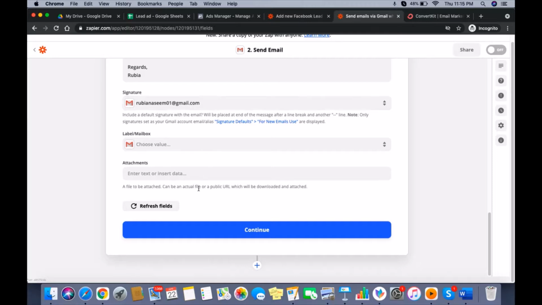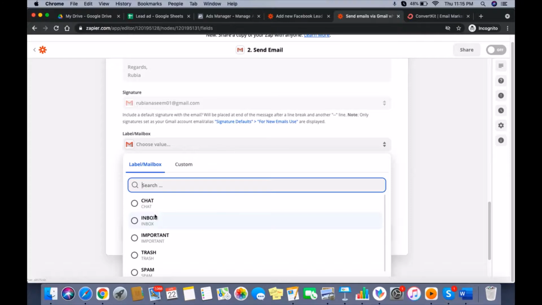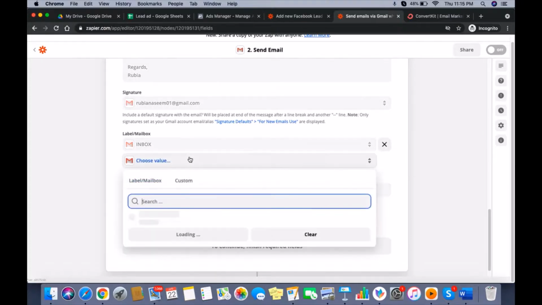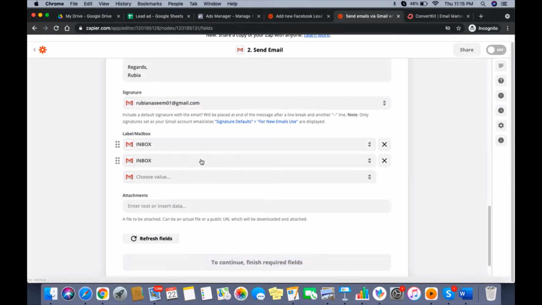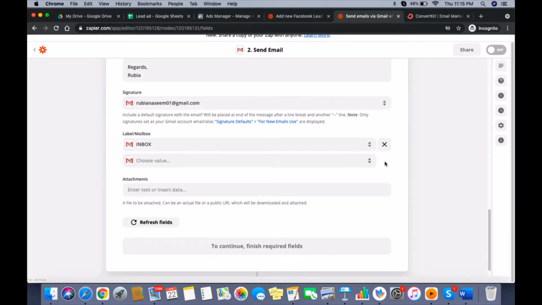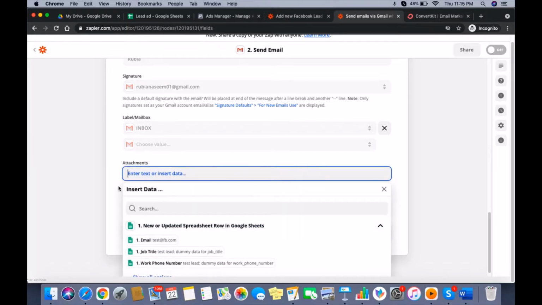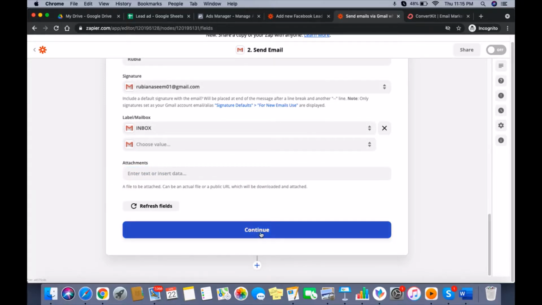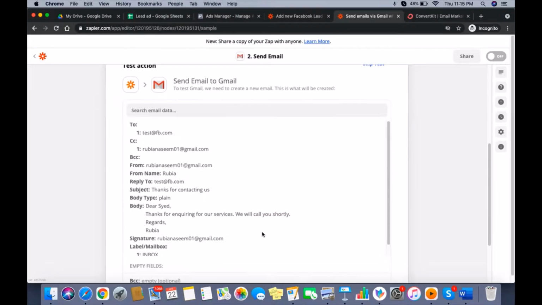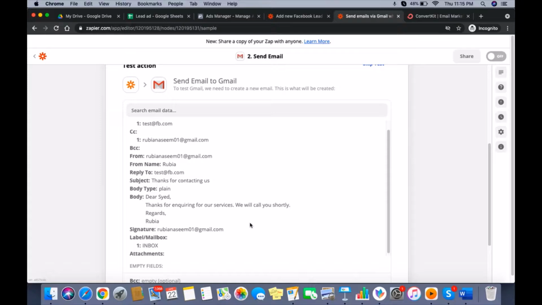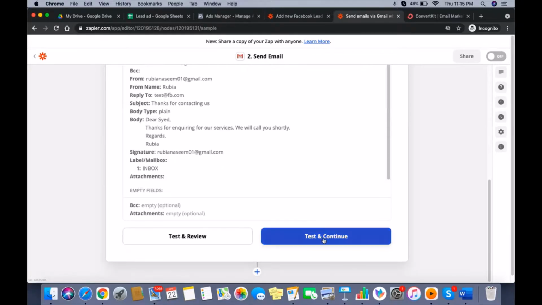It's just an option. Label mailbox: inbox, choose value, inbox. I think you can just skip this. If you want to add any attachment, it's not required since you're anyway going to call that person. So this is the format it is going to go. Let's give a try.